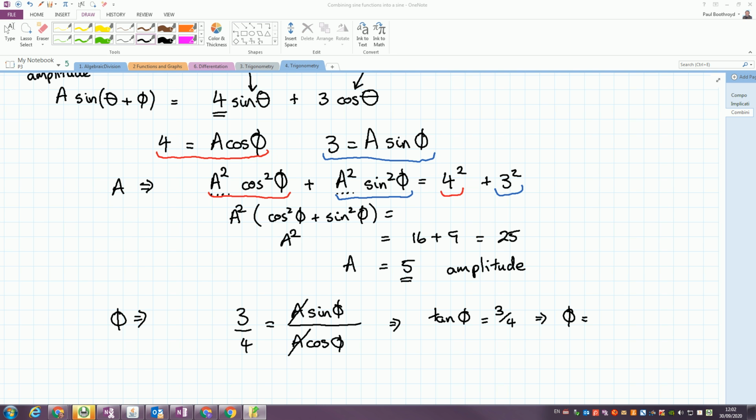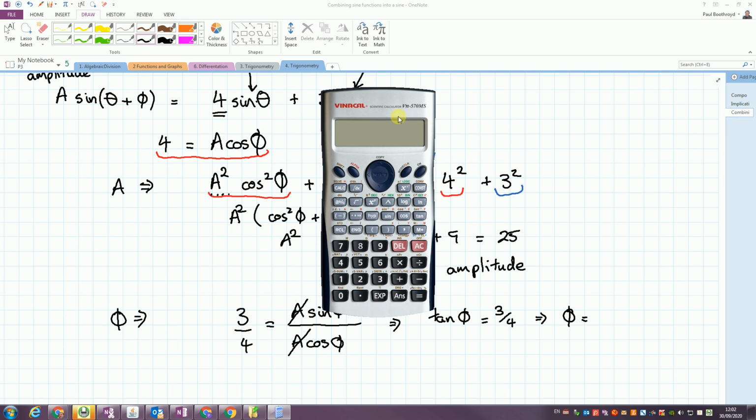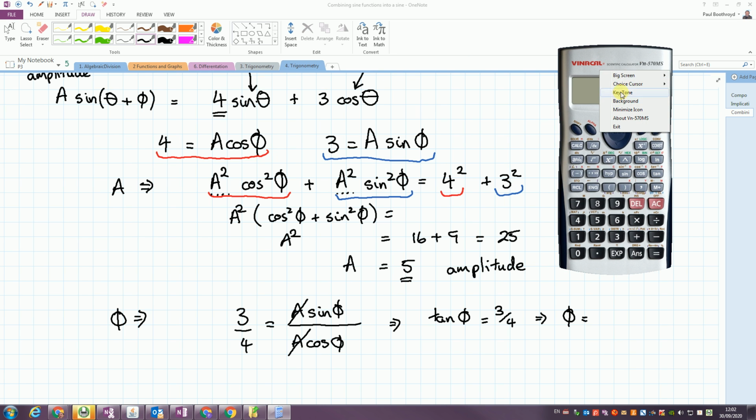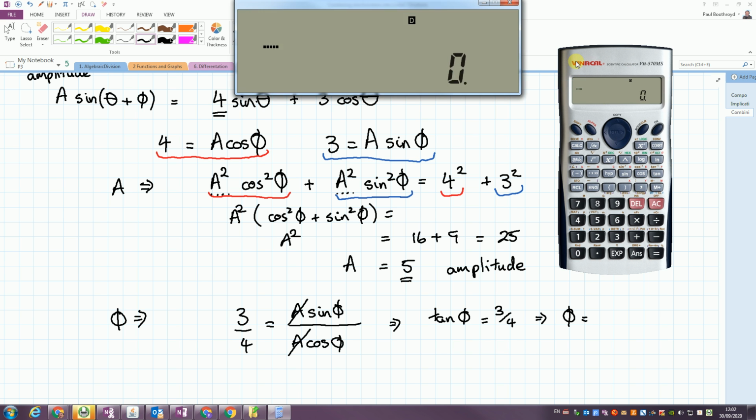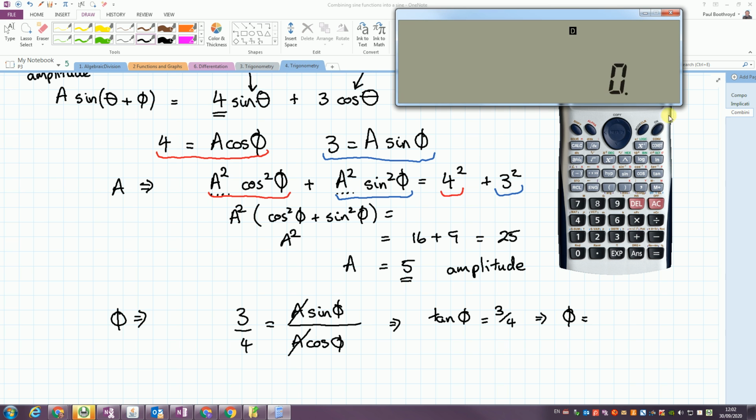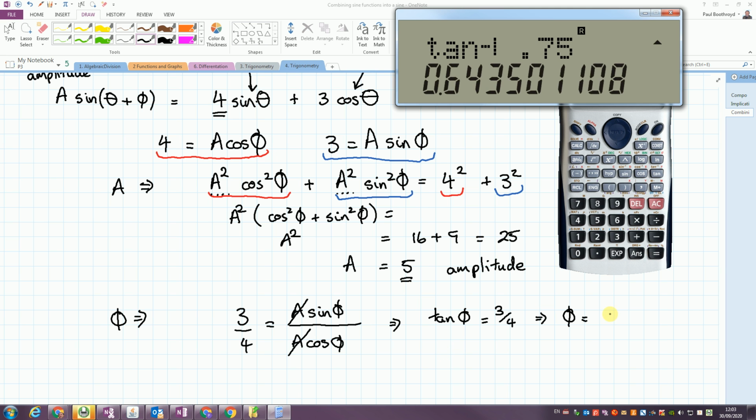So there's my apps. Maths. Calculator. There you are. There's my calculator. I'll give you a big screen so you can see what I'm typing. First thing I'm going to do is make sure I'm in the radians mode. Radians there. And I want to do shift tan of 0.75, 3/4. And that gives me phi is